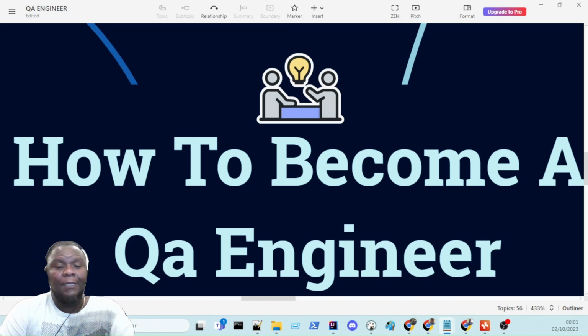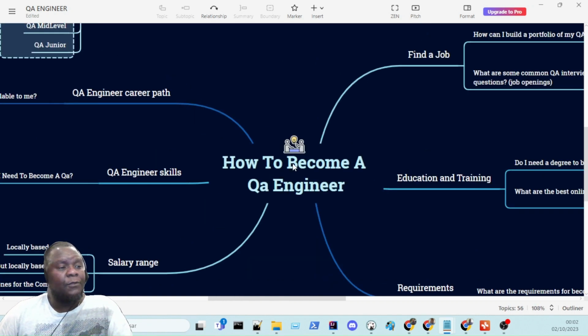Okay, so let's talk about now how to become a QA engineer. I created a mind map with 6 target points, and it is an overview about the software testing area. You can see here that I have pointed the QA engineer career path, the QA engineer skills, the QA engineer salary range, how to find a job as a QA engineer, education and training about QA engineering,